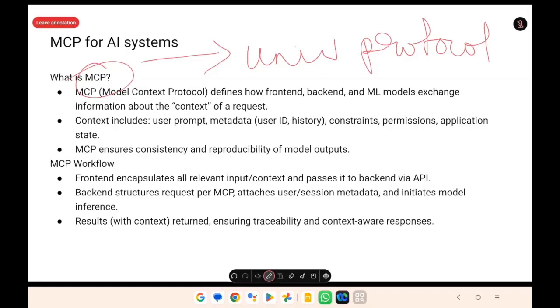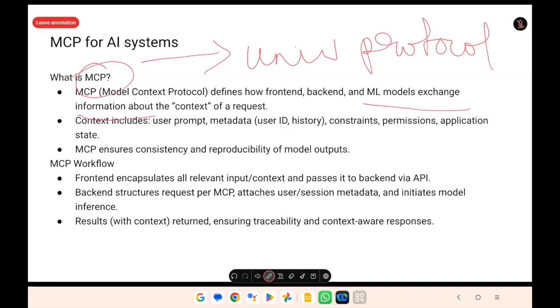It defines how the information is exchanged. Why is this required? You might say, I have the LLM, I have my own data, let me design my own protocol. Why should I follow a standard protocol? You're absolutely right. You can define your own protocol and you can use the LLM. But